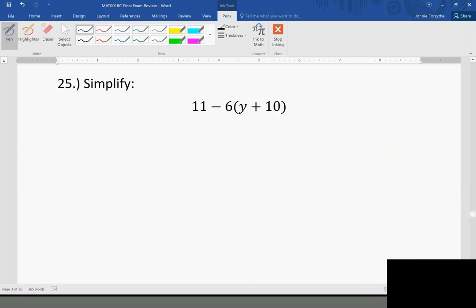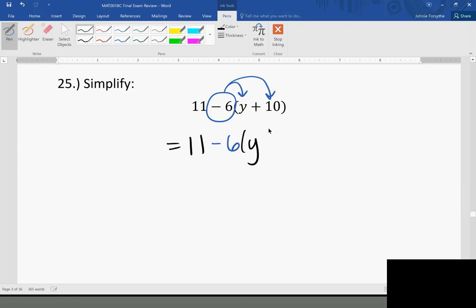Okay, 25. Simplify 11 minus 6 times y plus 10. So we want to simplify this by first taking this negative 6 and distributing it inside this parentheses, because in the parentheses, y plus 10, we can't simplify that. So I'm going to bring down that 11, and then negative 6, let me just write it all out,